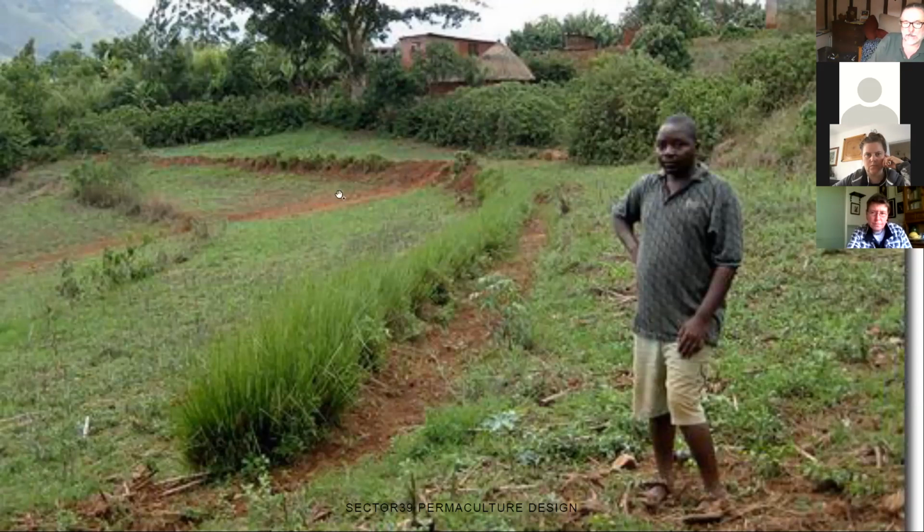So here's a simple swale. And in fact, what this is here is a vetiver hedge. A vetiver hedge acts as a single element. We just planted what we call slips, the baby plants, about 4 inches apart. And as you grow this plant, you can dig it up and break it into lots of little plants, then spread them out, and each one will grow into a clump again.